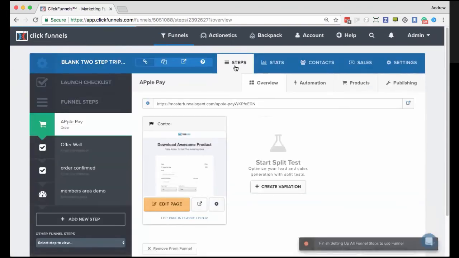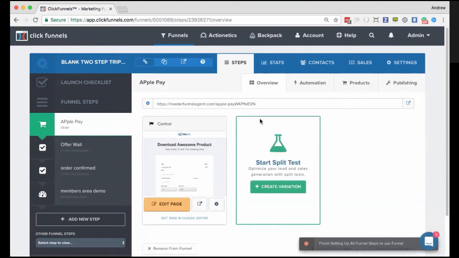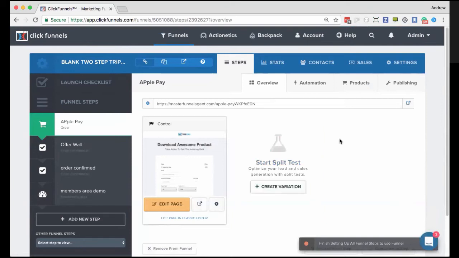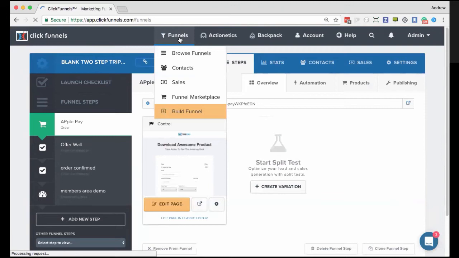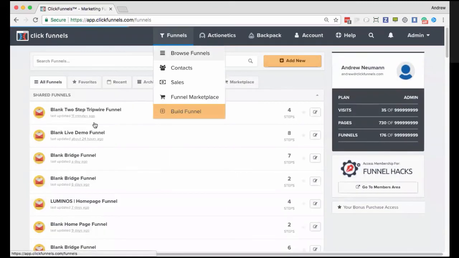We have a few questions coming in from our Facebook group. Brooks would like to know, can you use Amazon S3 for a video player? You can. You just simply need to store your videos there. And then once you've done that, obviously you will need to make them public. And then you can go in and you can actually have them play inside your funnels.